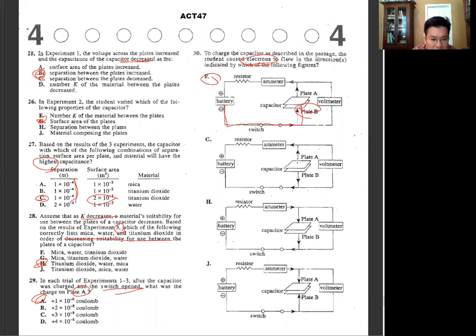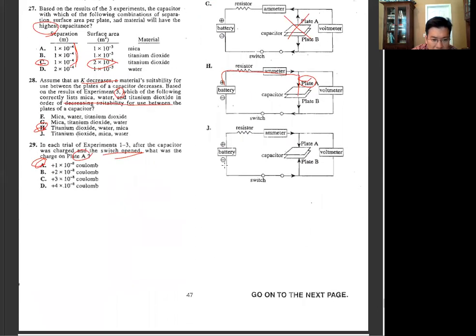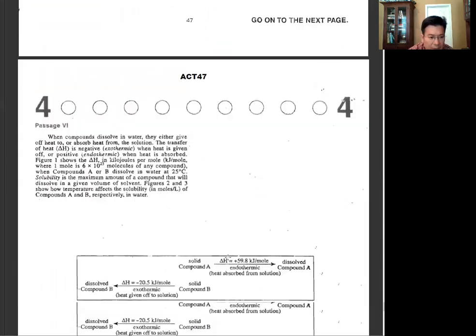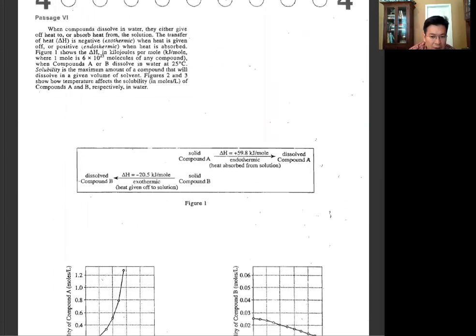And then this is weird. It doesn't go in either direction. So A is minus. So it's like this. I mean, this is plus, and J also doesn't make sense because it's not flowing. And the next one is